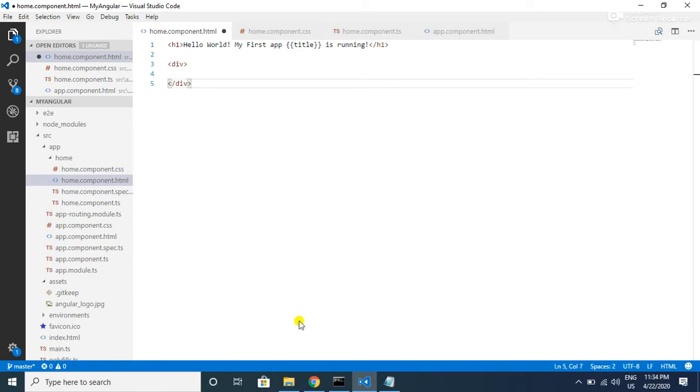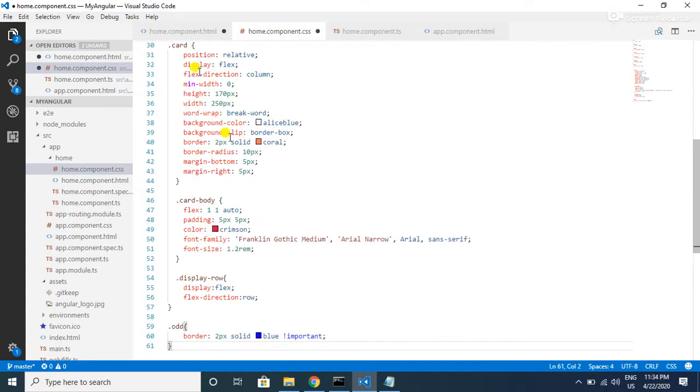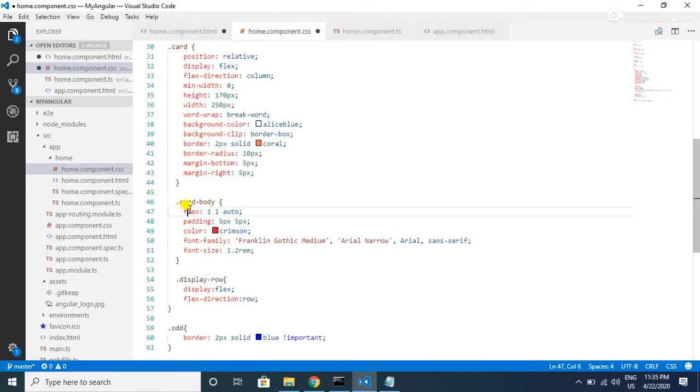Before this HTML, I want to paste a few CSS styles that I have created for a better UI. I have created a card class to display each employee in a card format, and a card body class for inside the employee card. I also created a display row class so that each employee is displayed in a single row side by side, and an odd CSS class.